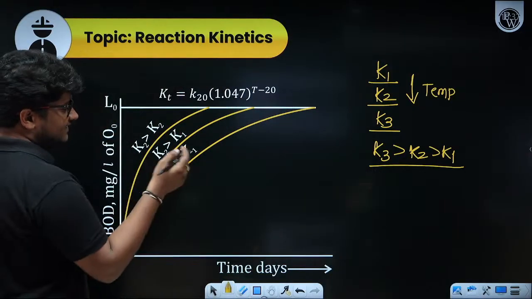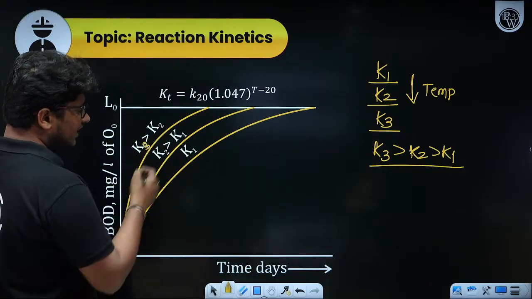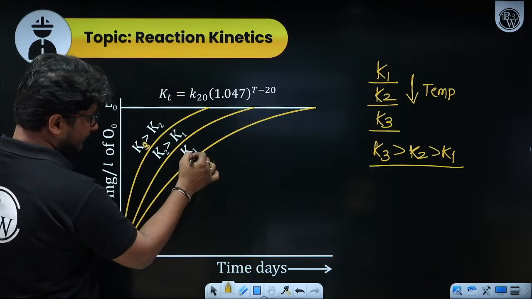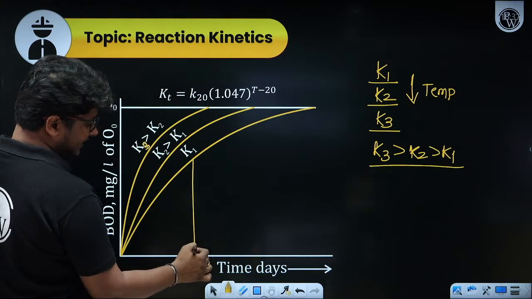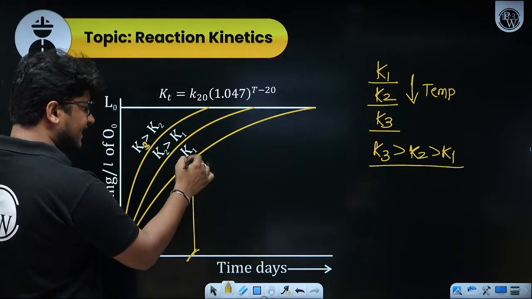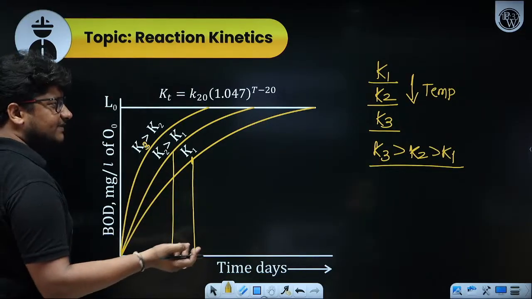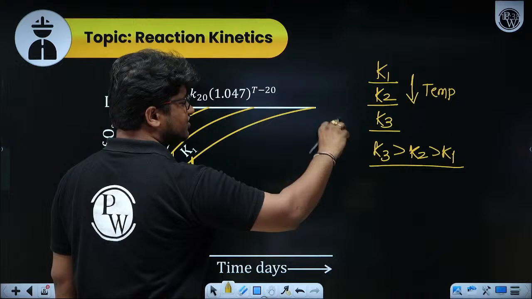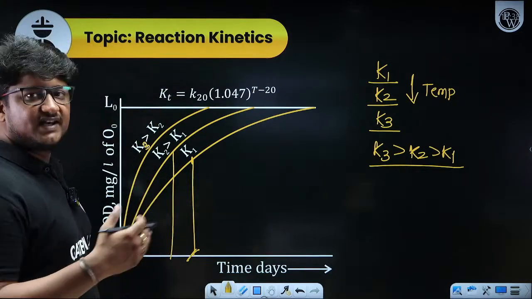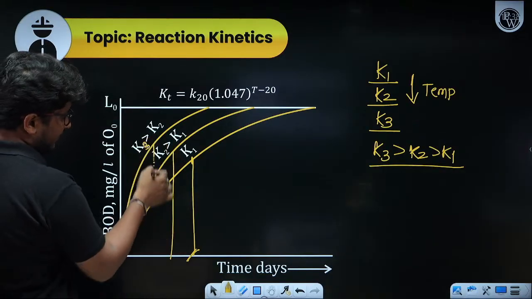Because what happens if you increase the rate of reaction, the higher BOD you will get at, like for example here the maximum BOD you are getting is here at 5-day. Now the same BOD you are getting at a lesser time. It is very simple, because if you increase the rate of reaction, the same BOD amount you will get in a lesser number of days. Again, the maximum BOD you are getting,